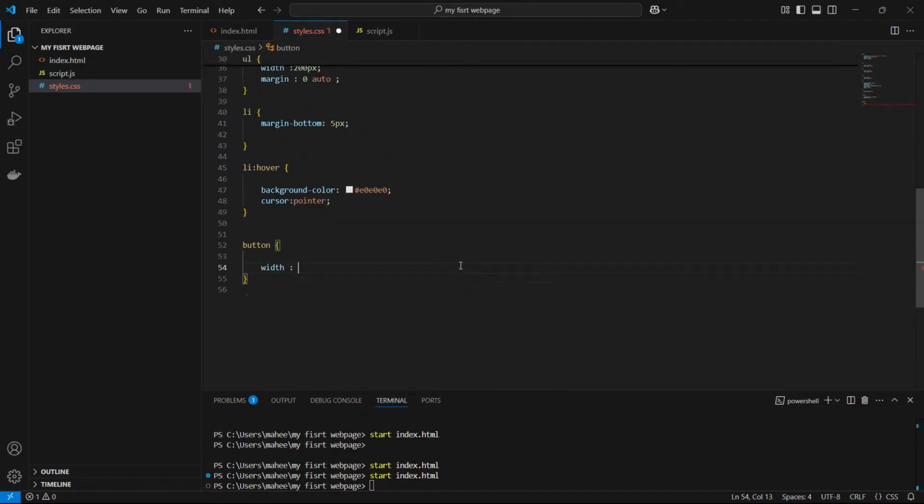Width like 15 pixels. It's more, I think. 30 pixels width and margin, right? The margin 0 auto. Yeah, save this and